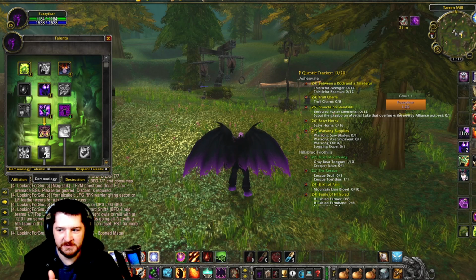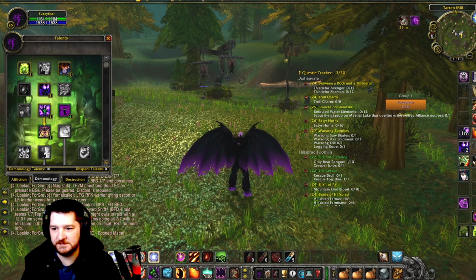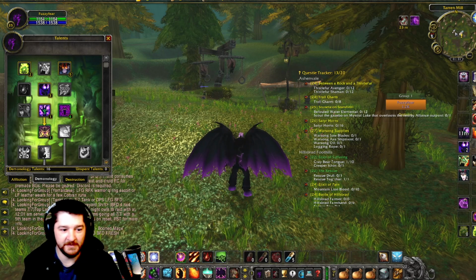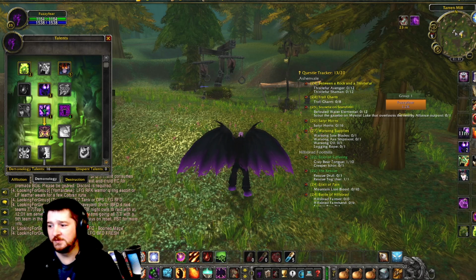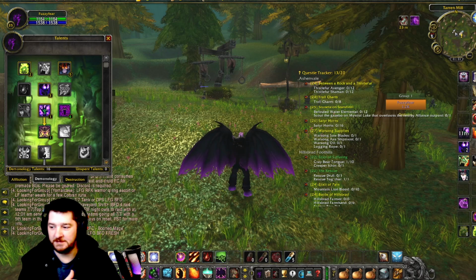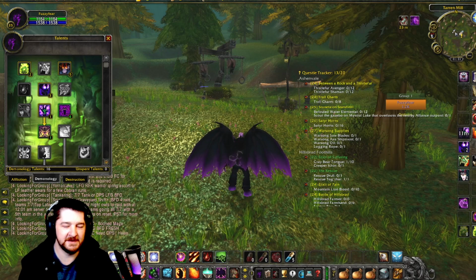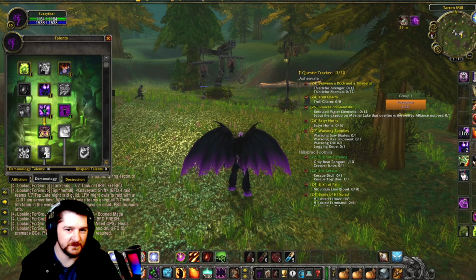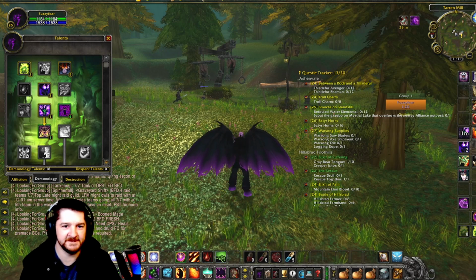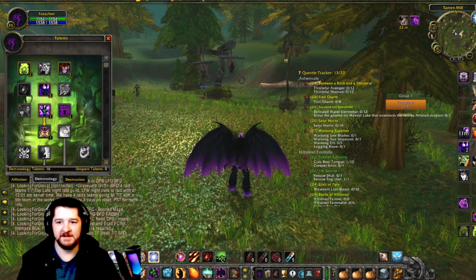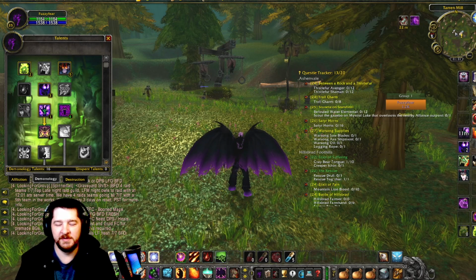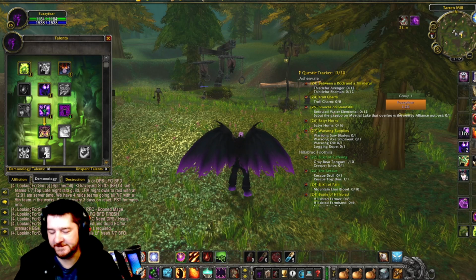Because you're not going to be able to pull out a second pet during a raid boss fight with Affliction. You're not going to be able to block as much incoming damage with your Void Walker's sacrifice if you're Affliction. I think the advantages are way more beneficial on Demonology than Affliction, though.